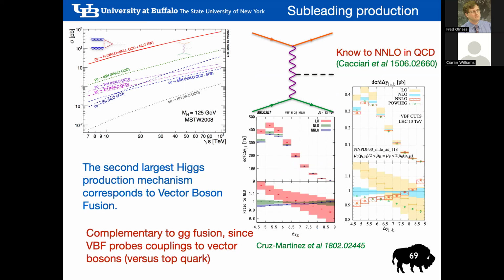Okay, good. So then the second most dominant production mode at the LHC is vector boson fusion. And what we said last time, and we can remind ourselves, is that we're very lucky that these two modes are the two dominant ways of looking at Higgs boson production, because we get access to the coupling to fermions through production through gluon fusion, and we get access to the couplings to vector bosons through vector boson fusion. And the kinematics of